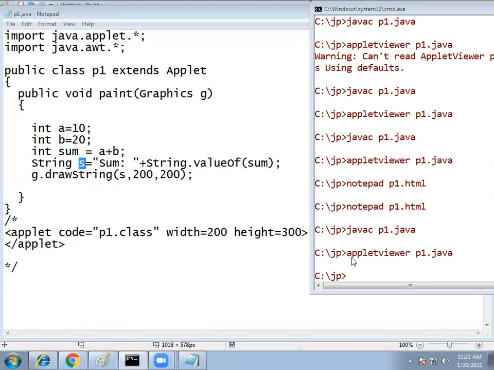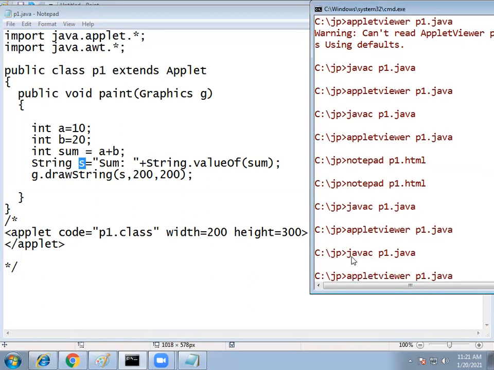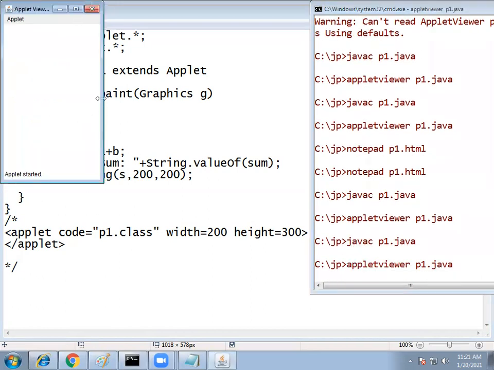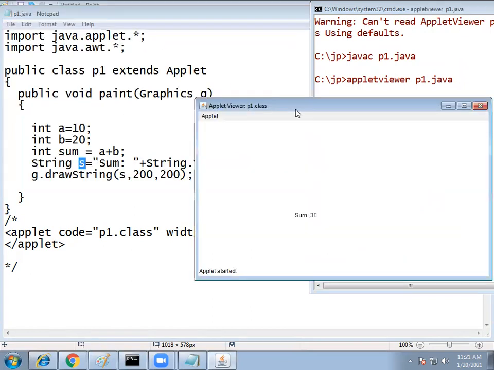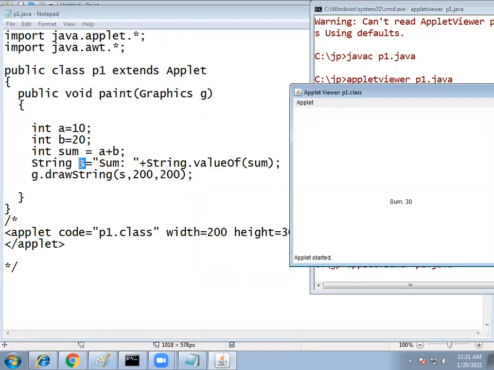Now compile the code: javac p1.java, and run the applet. Now what is sum? Sum is equal to 30. This is what I have written here: sum colon, sum converted to a string. This is 30.